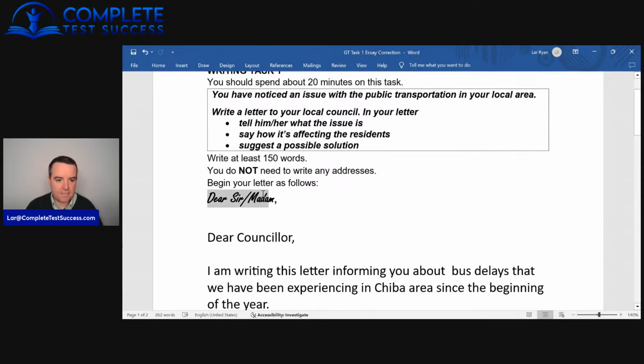The question tells us to say, dear sir or madam, and Madeline has said, dear councillor. Now look, if the question is telling us what to say, there's no need to change that. So we're just going to do what the question tells us to do, and we'll just say, dear sir or madam. If they're instructing us to say that, we know that we're doing the right thing. So let's just do what they've told us to do.